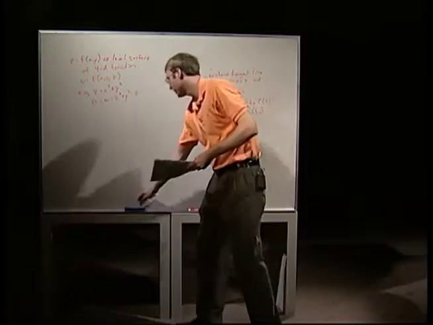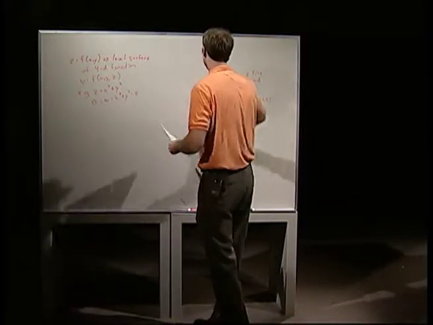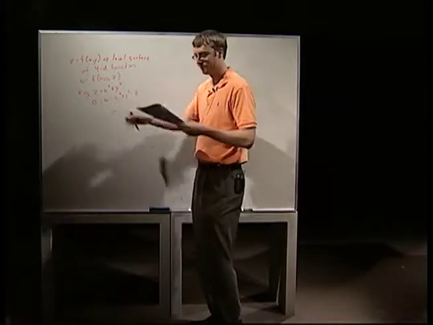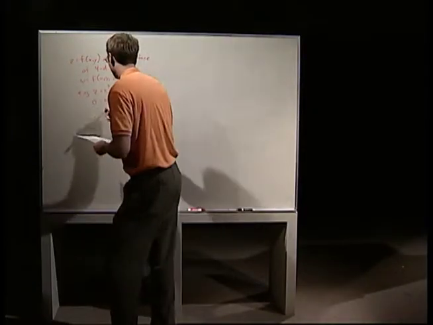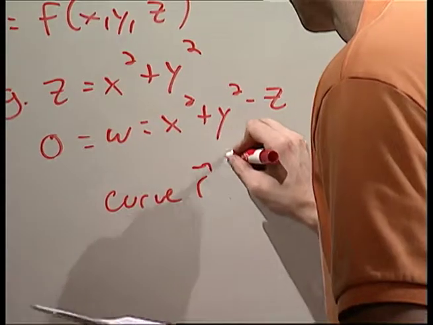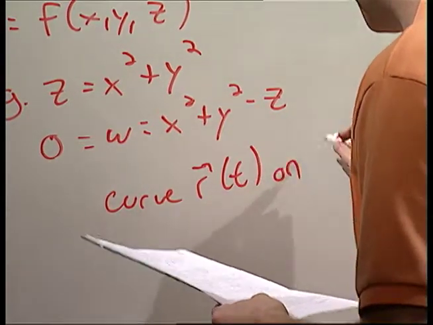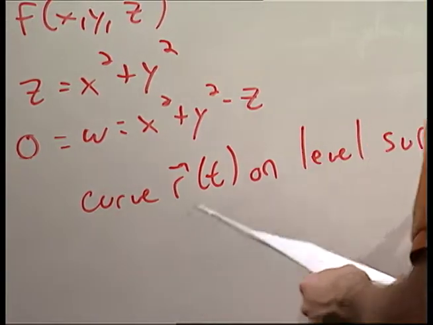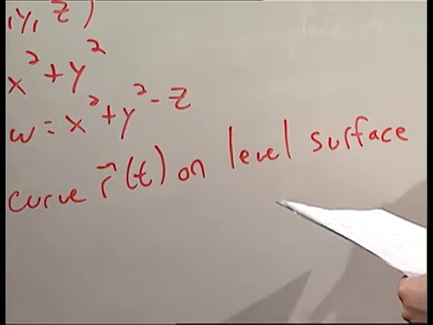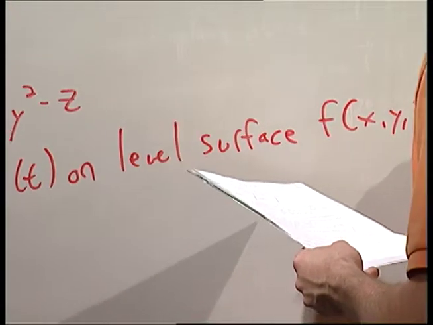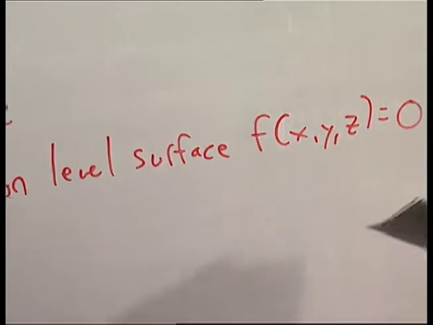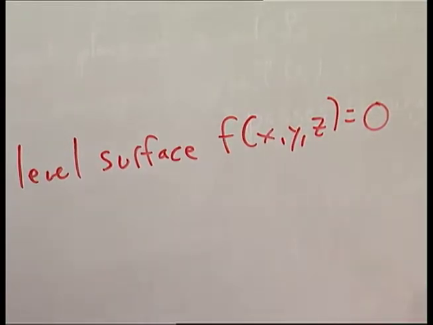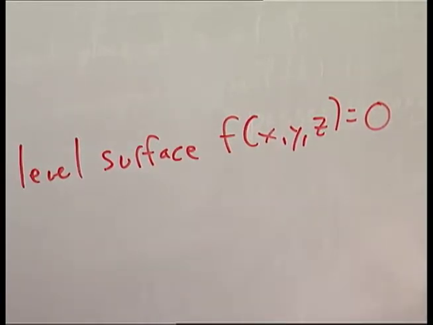the curve r of t is on the surface z, which means it's on this level surface, right? So curve r of t is on the level surface f of x, y, z equals 0. The point of this is that in the section on gradients, I guess that was actually the last section, the gradient section,